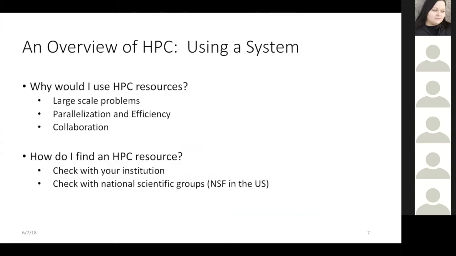So the scale of your data can essentially be as large as you would like it to be. But depending on what you're trying to do, there's a variety of models available and ways in which you could use an HPC machine to further develop your research and get higher throughput on all of your calculations.